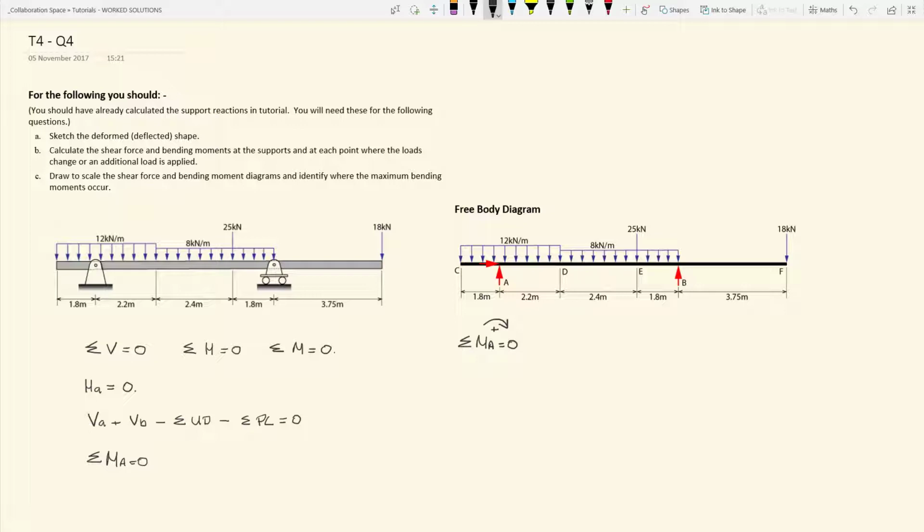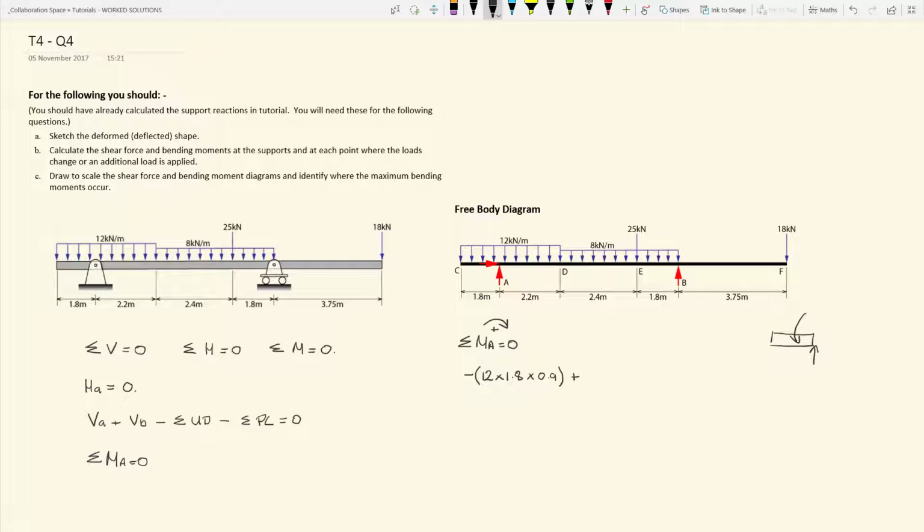And if we look firstly at the 12 kilonewtons per meter UD load, we have the vertical reaction at A, and to the left of it we have a short length of beam with a UD load acting in an anti-clockwise direction. So for the first part of it, we can say that minus 12 times 1.8, that's the load, times the length of beam over which it acts, times 0.9, that's the lever arm,